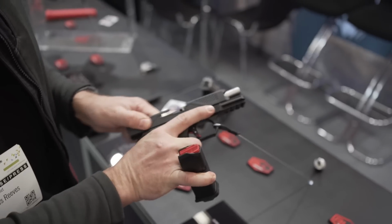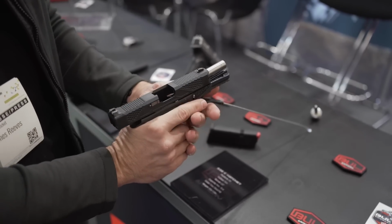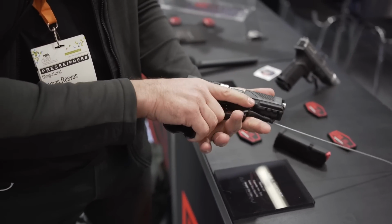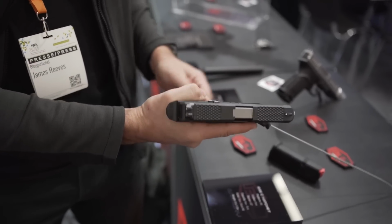PVD, or physical vapor deposition, is a durable method of corrosion proofing a slide these days. So if I were picking up one of these guns, my choice would be the black PVD Hatchet, although it'd be great to get any version of the Axe that's optics cut without committing to a fluted barrel and holes in the slide. I would say that the PVD Hatchet is damn near a perfect handgun if I could get